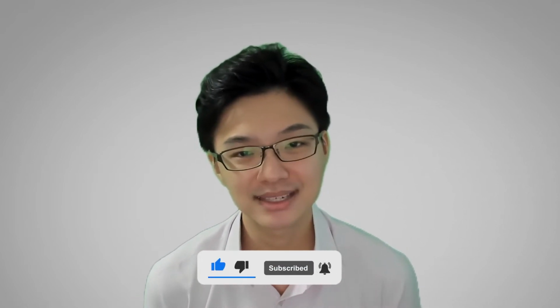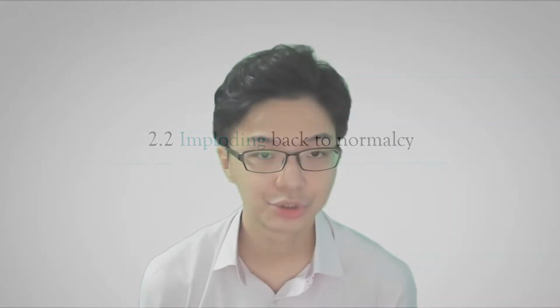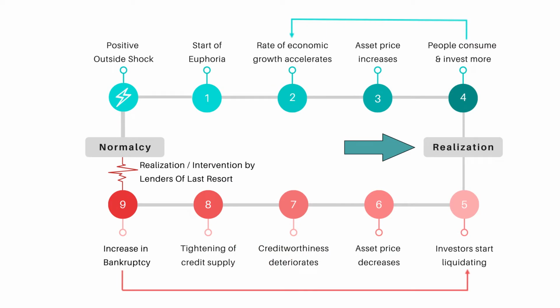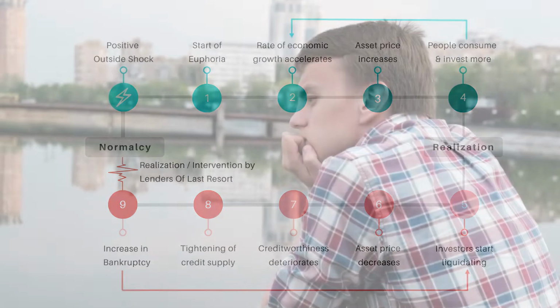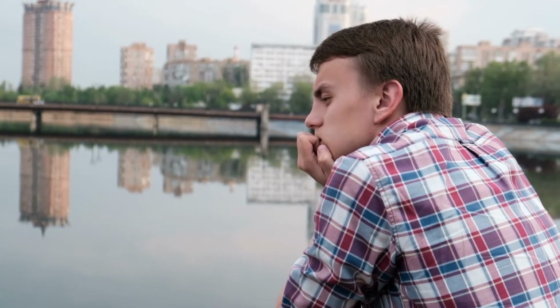And that brings me to the second part of the anatomy of a financial crisis. Part 2. Imploding back to normalcy. Just as trends die down, the hype and the euphoria experienced by the market participants today will eventually slow down and come to a halt, as people start to realize that the existing model that the economy is running on is simply not sustainable. This realization can be one that is internal, where market participants slowly realize it themselves, or